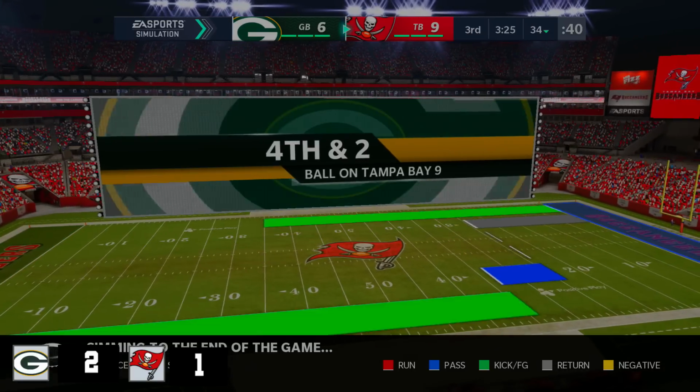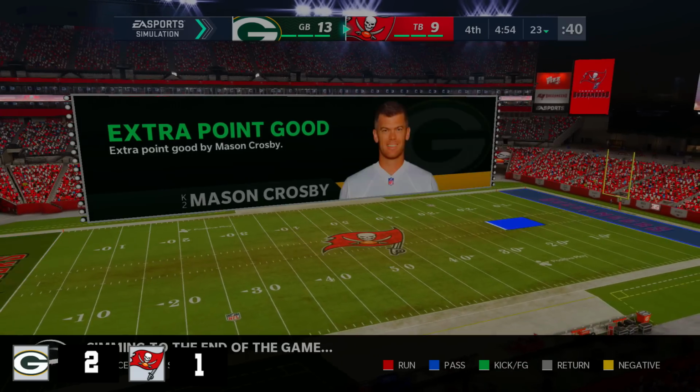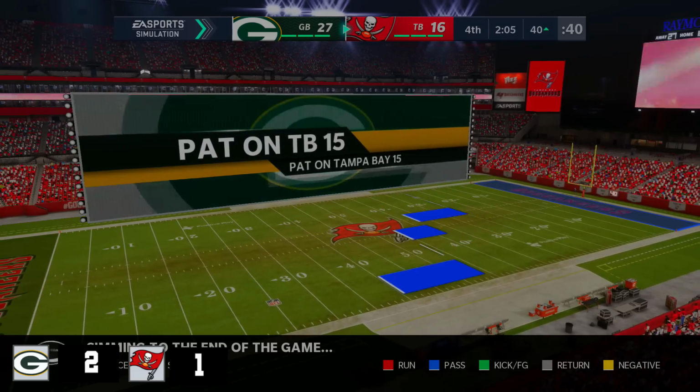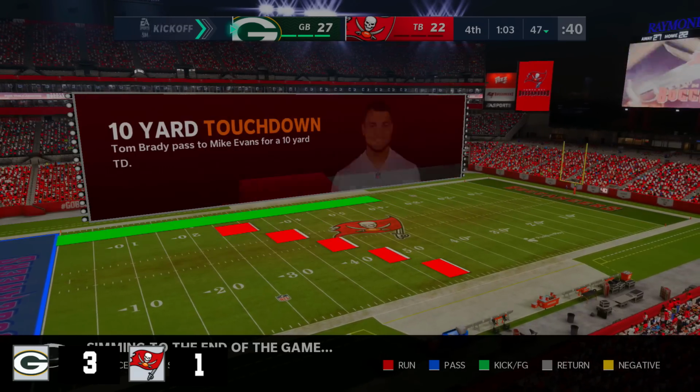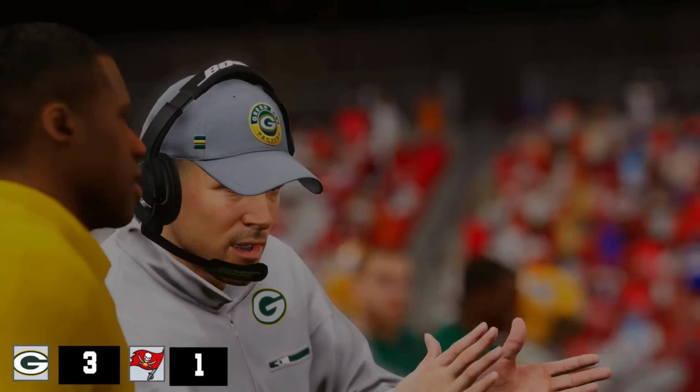They get some points. They'll get the ball right back too. 6-9, interesting score. They'll get the ball back again. 13-9. Packers going to go on a run. They can't. Bucs have a lead, 6-13. Packers get it back, 27-16. The Bucs 22. Packers in the clock, and the Packers will win 3 games in a row, and they're moving